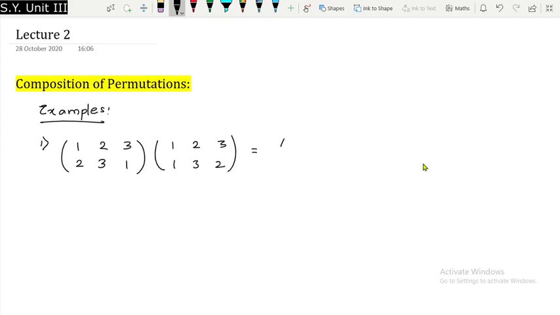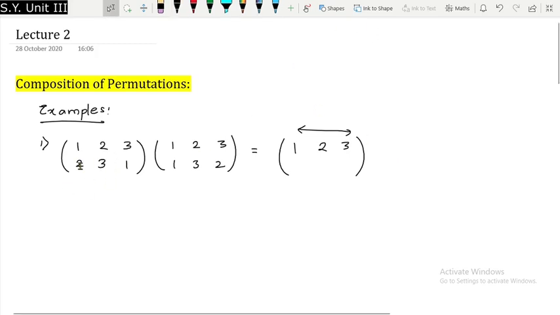Now let us find the composition of this. So you can easily see that it is defined on 3 symbols. So I will write the domain first of all, that is 1, 2, 3. Now I will write the corresponding images. So see, in some books composition is taken in this way, in the sense 1 goes to 2, 2 goes to 3, then 1 will go to 3. But in some books it is taken from right to left, and in some books from left to right. But we are going to use our right to left technique because which is more natural, isn't it? That is how we do.